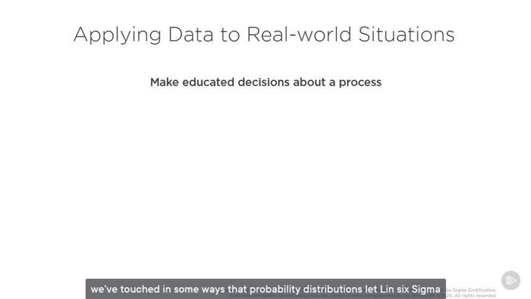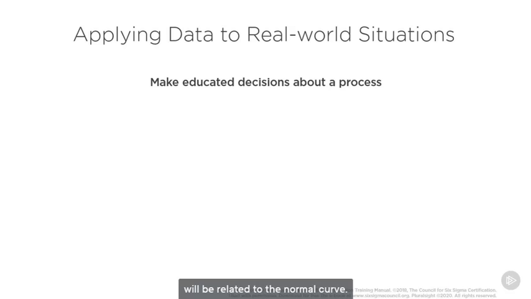Throughout this module, we've touched on some ways that probability distributions let Lean Six Sigma teams apply raw data about processes to real-world concerns and situations. As previously stated, many of the statistical analyses you'll perform on data will be related to the normal curve. But understanding a few equations related to distributions such as binomial or Poisson helps you expand your ability to create